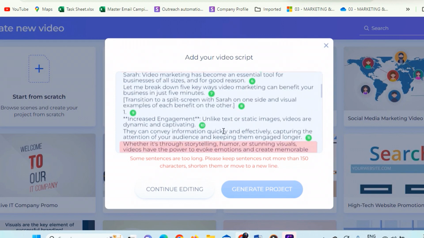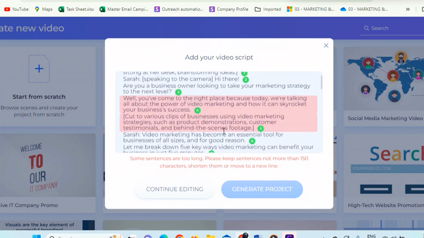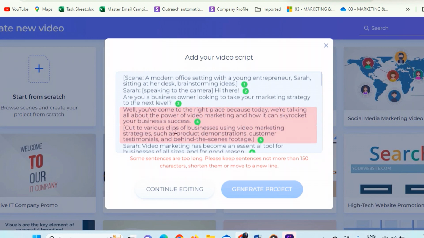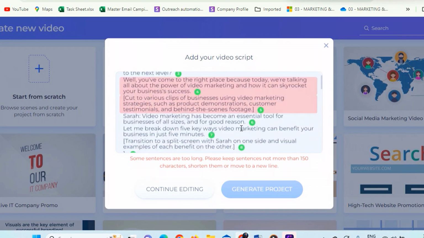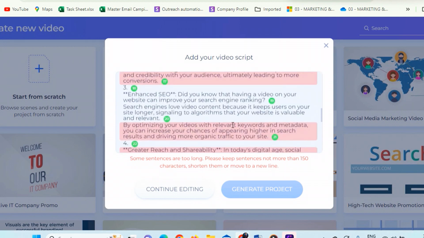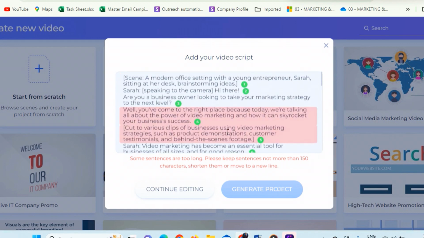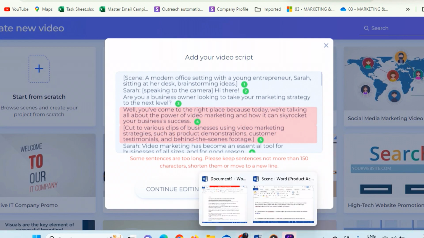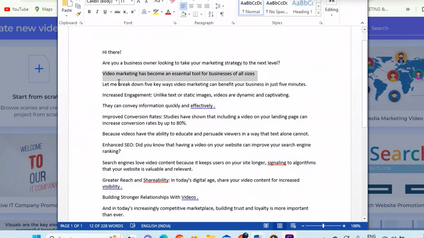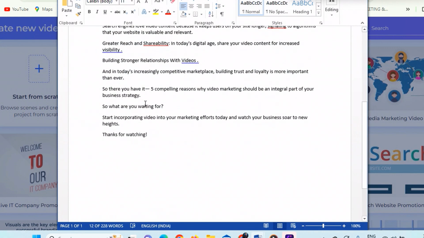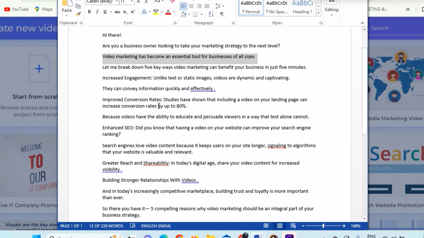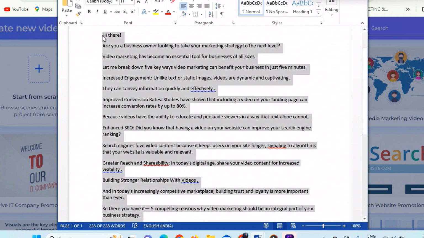So now I've got these scenes generated, but there is a little bit of an issue where the sentences are too long. So this tool wants us to shorten the sentences, and then we can take this further. So for the sake of the video, I've already done this. I have optimized the script where I have reduced the length of the sentences so that the tool can easily work around it and create all the scenes very effectively. So what we're going to do is we will copy paste this optimized